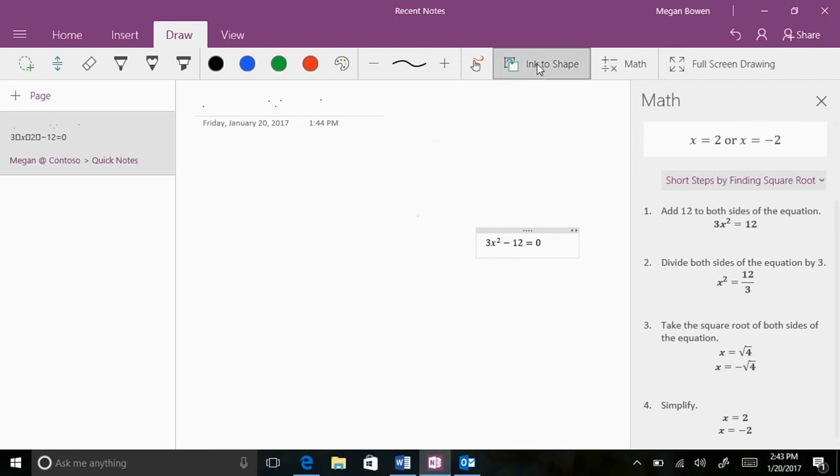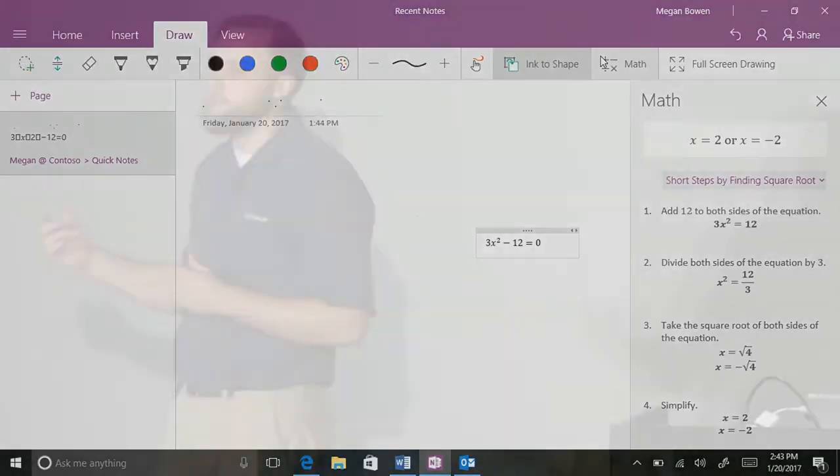The other benefit, which we won't do here, is that you can actually replay the steps. So as I wrote these steps down with ink, I'd be able to replay it in reverse. So if a teacher is monitoring this, and let's say I submit my homework via OneNote to my teacher or my professor, she can see my train of thought. She can see that I wrote 3x squared minus 12 equals 0, 3x squared equals 12, x squared equals 4, x equals 2 or negative 2. Now, she can replay that and see if I just went straight to the answer, or in the better cases, you're actually able to see a student's mind as they process through these things, so you can catch where they're making their errors and how they can better correct them.